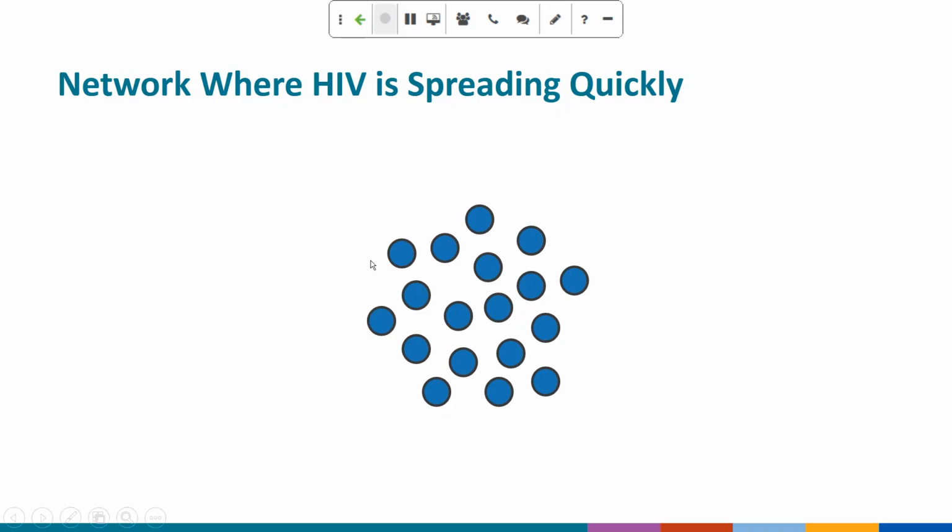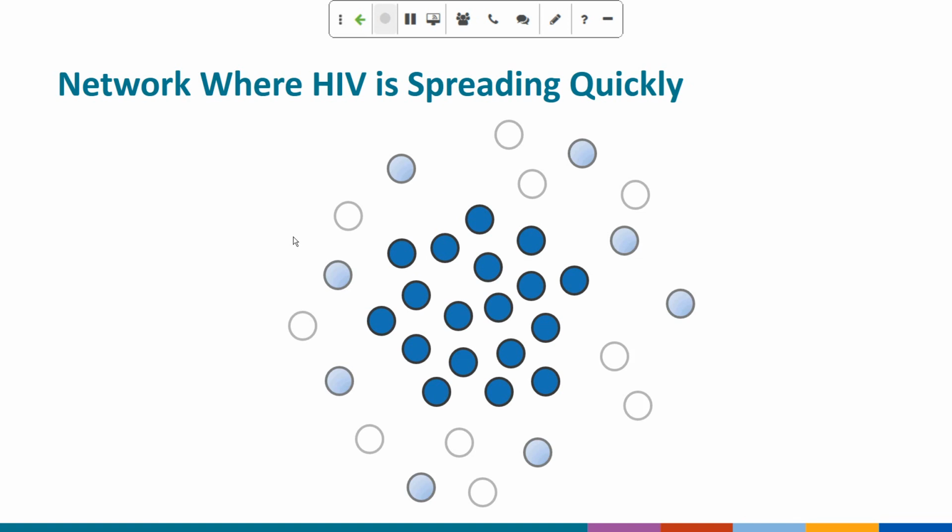Focusing extra attention on these networks can help us to see what resources are needed and target our outreach efforts. For instance, by contacting partners of people with HIV, partners of people in the network, we can work to identify other people who might not have known they had HIV, or help people who are at high risk of acquiring HIV to avoid getting it. We can also work to understand what barriers may exist and identify ways to help reduce these barriers so that people can get the prevention and care that they need.